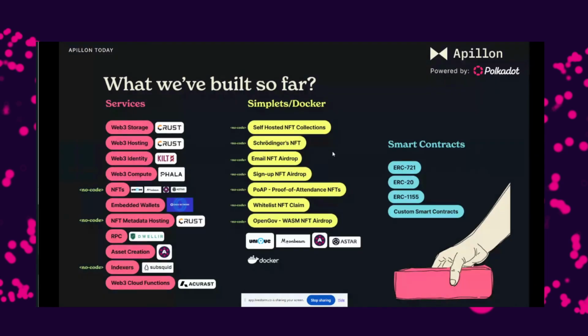But this is changing very, very soon. We are already doing internal tests, and it's functioning, where we're able to deploy Simplets and Docker to Phala. For those of you who are unfamiliar, Phala is a parachain on Polkadot, which does TEEs, basically trusted execution environment, or in other words, confidential computing, or in other words, hardware encryption, which means if you are able to write the Docker image and you are able to deploy it to Phala, you have guarantees that no one can actually see what's inside.